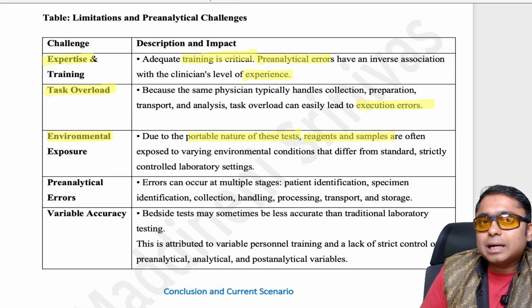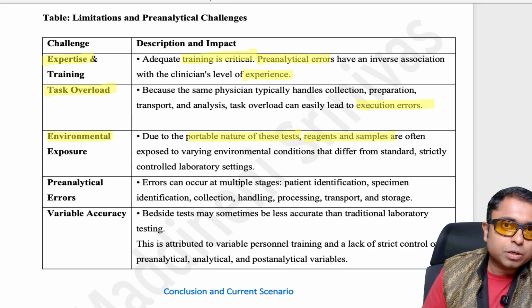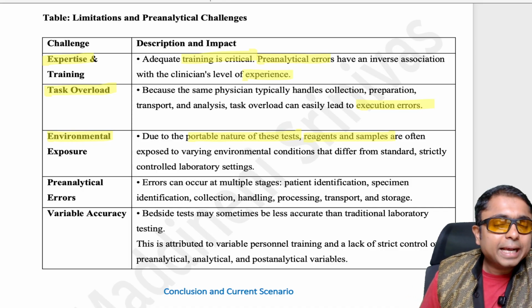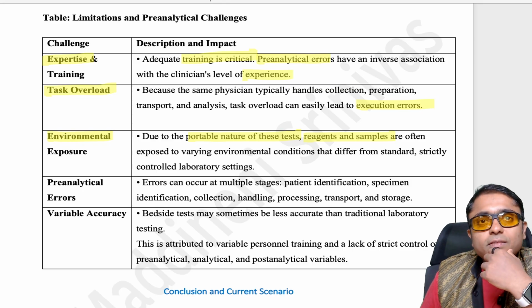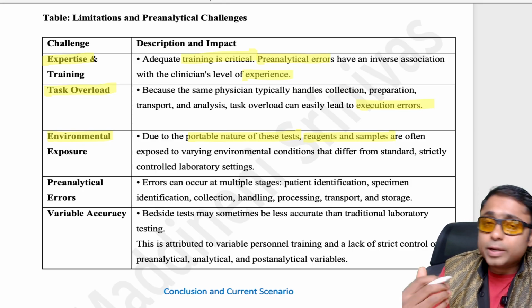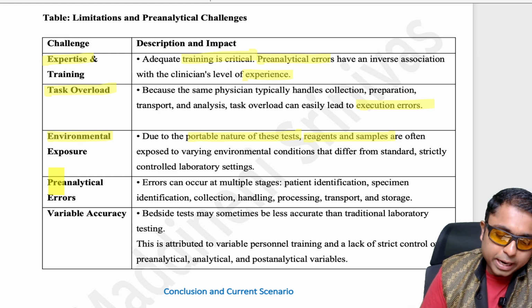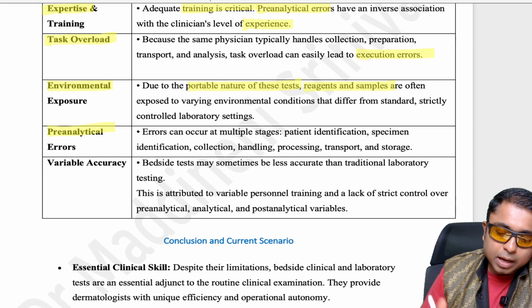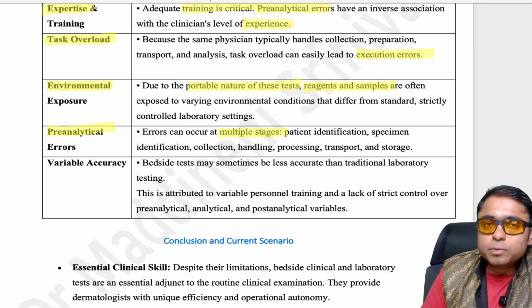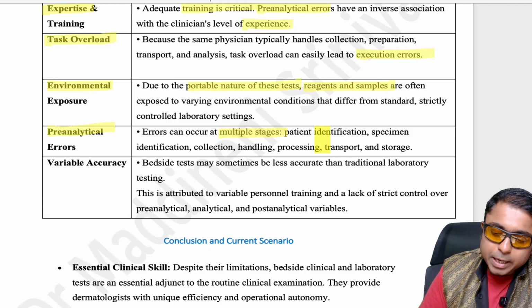There is a problem with contamination, or you might get exposed to certain serum or blood related products. So take universal protection whenever required, and always during any processes which require contact with the blood products. So like I have told, pre-analytical errors could be there because some of them might require multiple